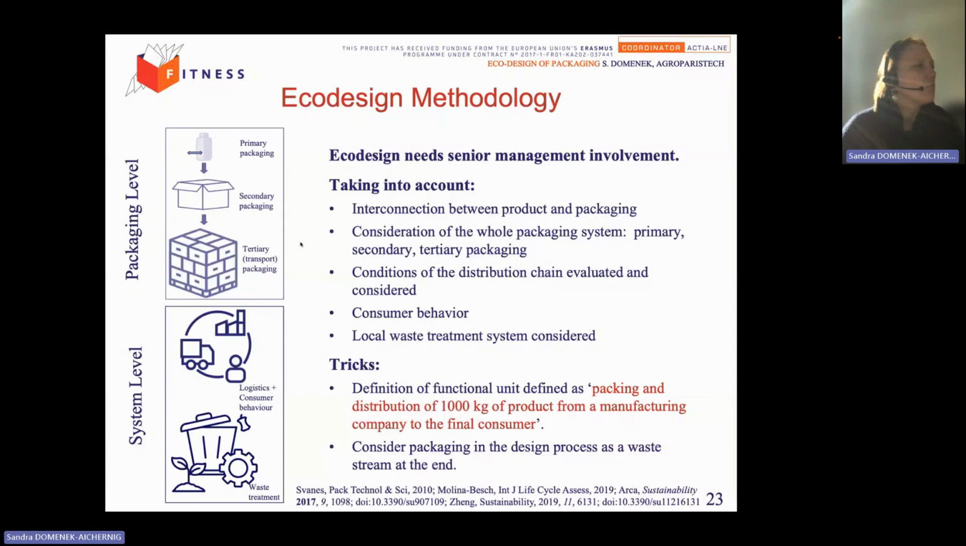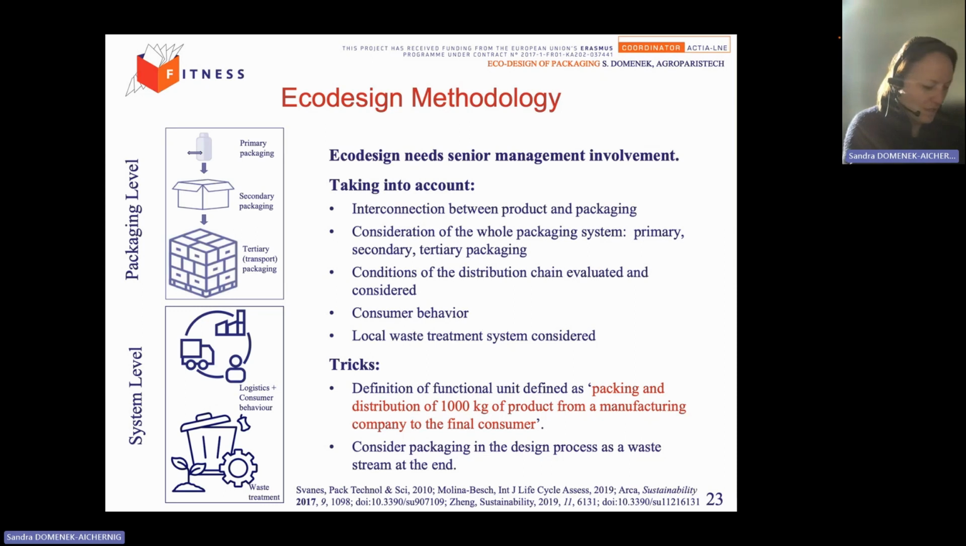Here the eco-design methodology needs to take into account the packaging level, so the primary packaging and the interactions between the primary packaging and the food, the secondary packaging and the tertiary packaging, so the transport packaging. It needs also to take into account the system level, so what is important for logistics, consumer behavior, and waste treatment. When you head for the methodology, eco-design always needs senior management involvement in order to be successful,